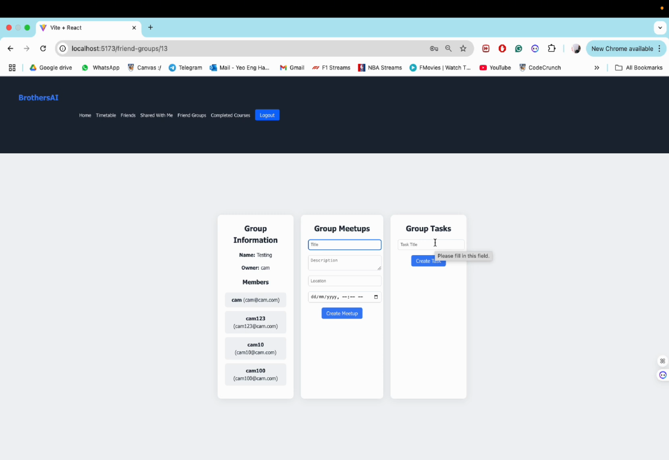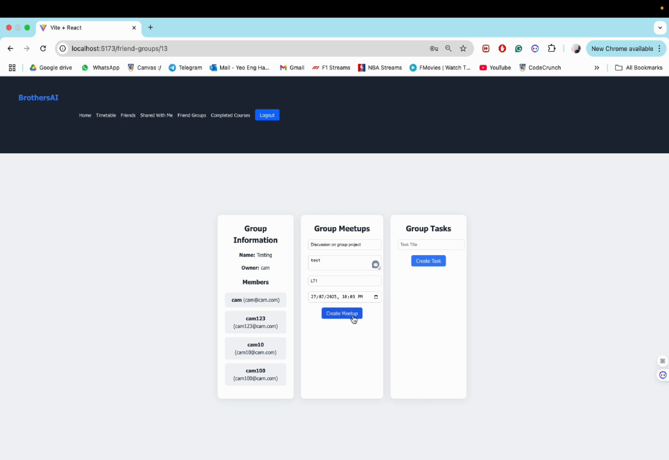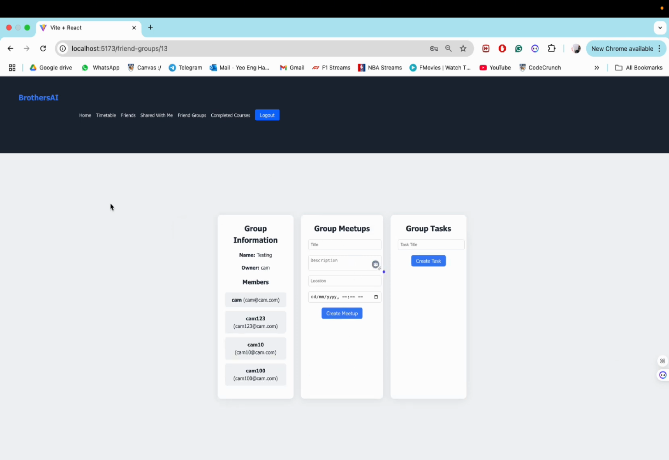So for example, let's say I have a discussion group. Discussion on group project. And I'll put this location as LT1. And for demo's sake, we'll select the date as today. And I select create meetup. This meetup immediately appears over here. Once I finish that meetup, I can just mark it as complete, and that will remove it from the board